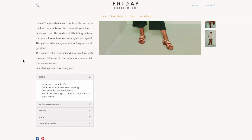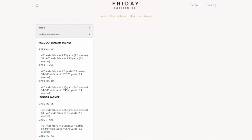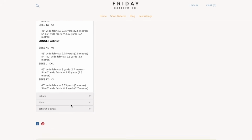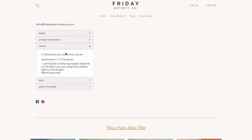And it's gender neutral. Goes up to 4X, confident beginner, designed for wovens. Fabric requirements are 2 1/4 up to 3, depending on size and width of your fabric. Some buttons, interfacing,